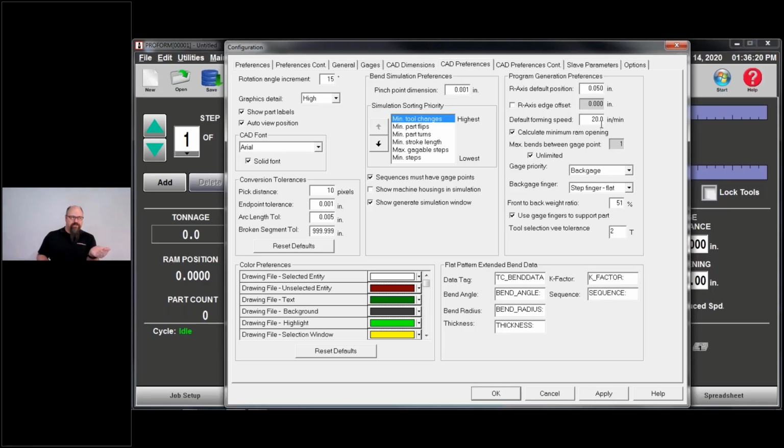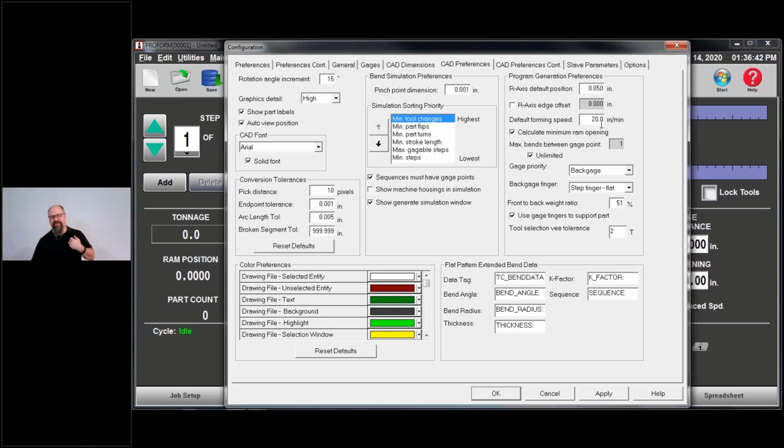So when we bend this piece of steel, I need to open the gap between the lower die and the upper die at least 2.5 or whatever the software calculates it to be. This is really good if you're just generically writing programs and your operators just go with whatever you have.